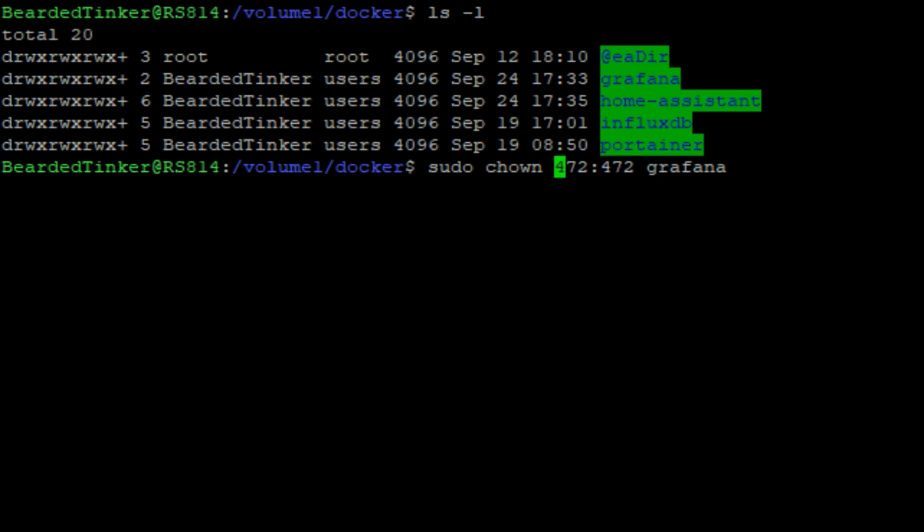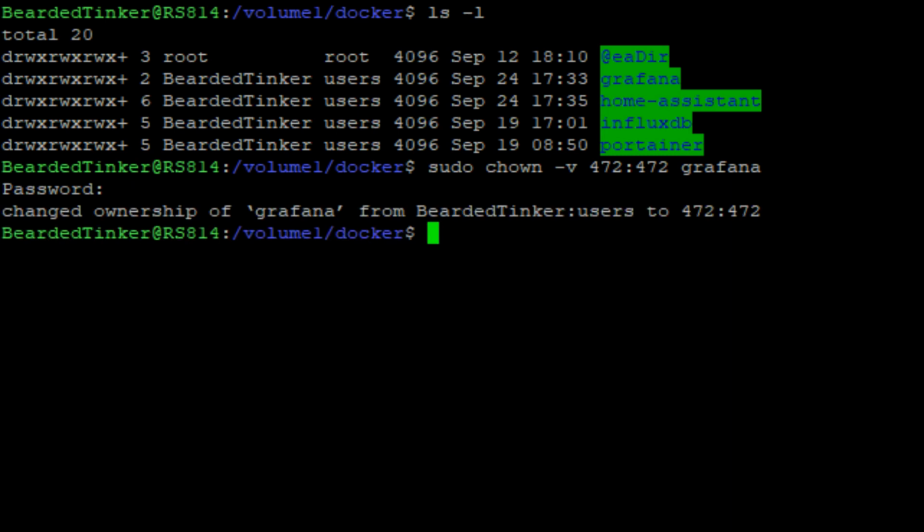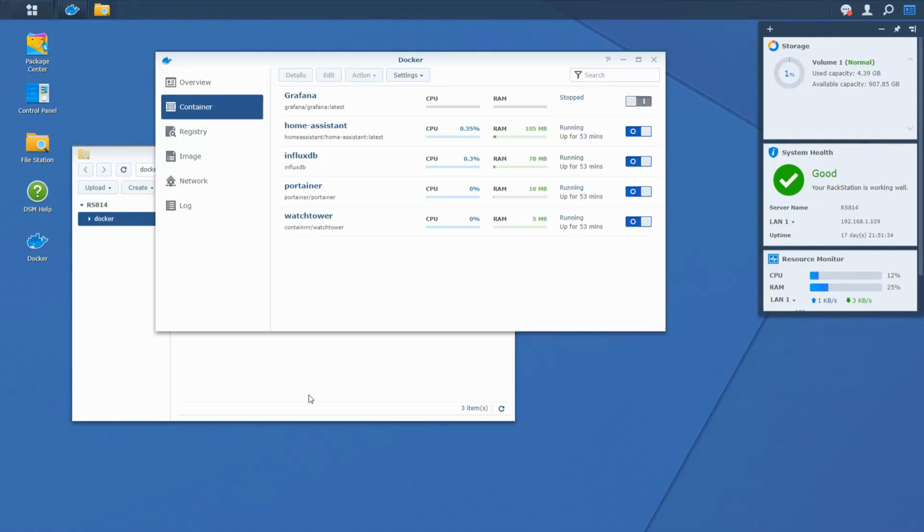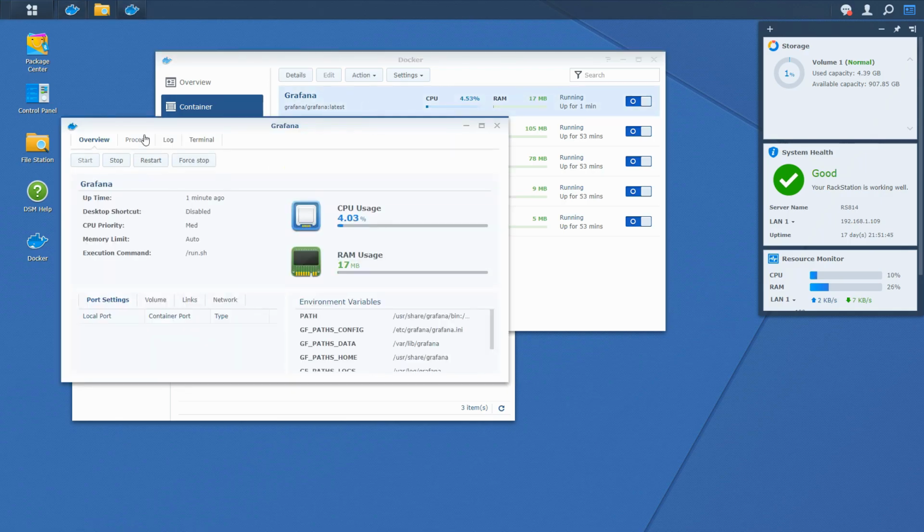I forgot to add -v for verbose so we can see what's going on. We need to type the password. We see that ownership of the Grafana folder has been changed from BeardedTinker to user 472. If we go back to the Synology device, we can start it, and as you can see, now we shouldn't have any problem or issue running Grafana. Let us check the log,